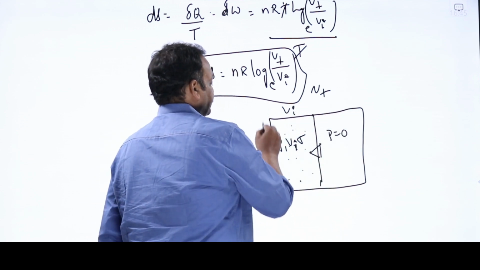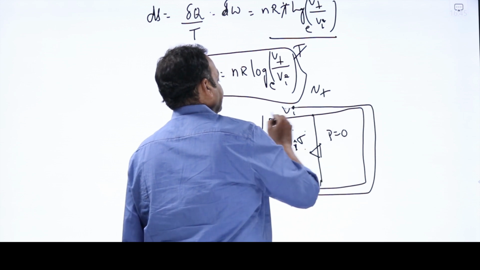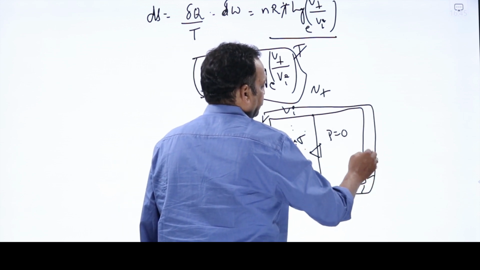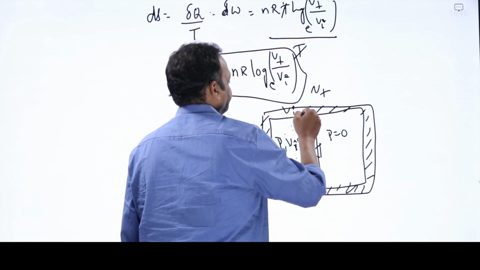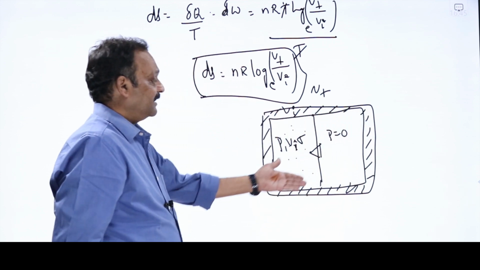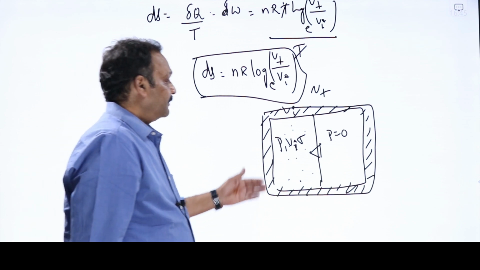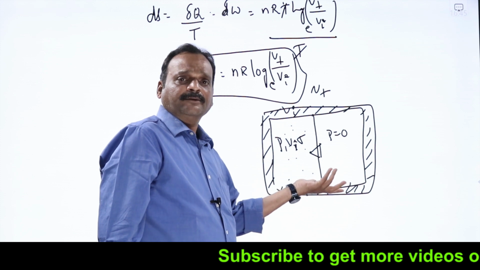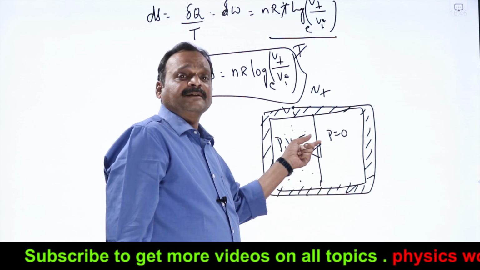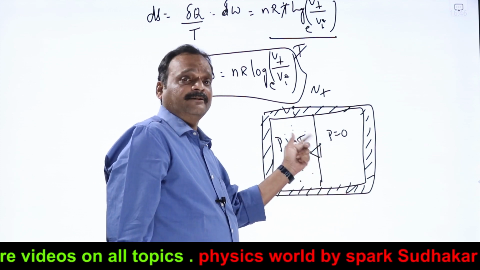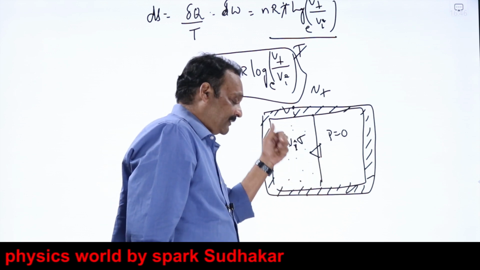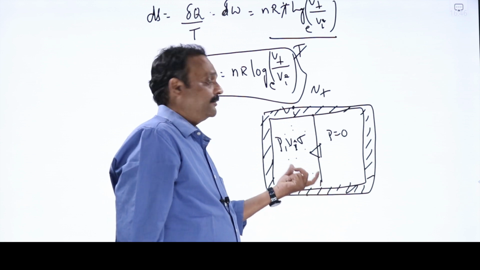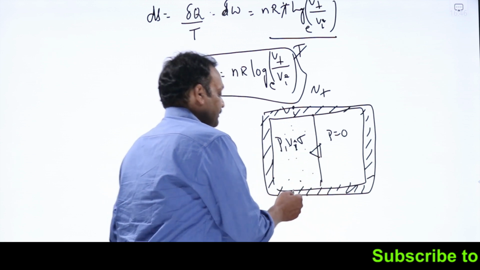What type of process is it? It is done under adiabatic conditions. I don't give any heat or take any heat. So it is done under adiabatic conditions. Gas is expanding against vacuum, which means there's nothing to push. Gas need not do any work here because with PdV, pressure equal to 0, work done by the gas is 0. Delta W is 0, and delta Q is also 0 because I am not giving any heat or taking any heat. So internal energy dU also, from the first law of thermodynamics,